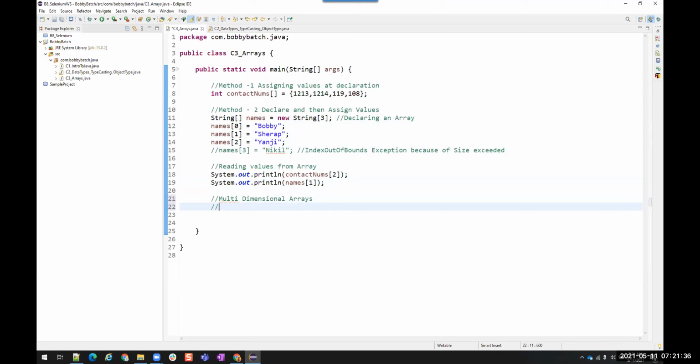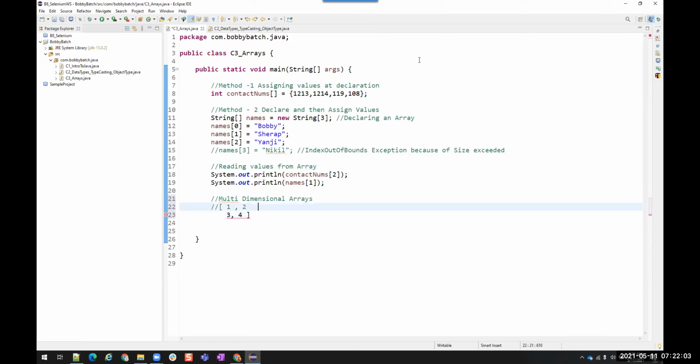In our childhood we have learned about matrices, which will be in the form of a long brace. Then you have 1, 2, and then in the next row you will have 3, 4, something like this.